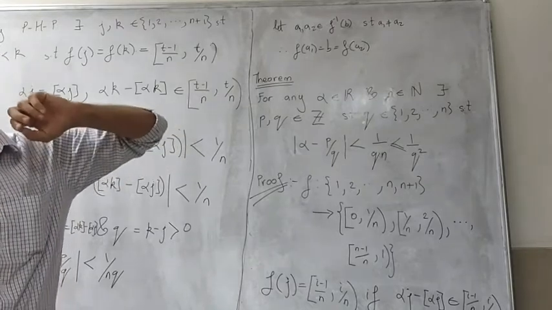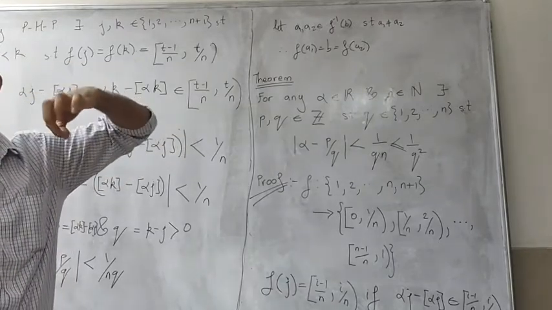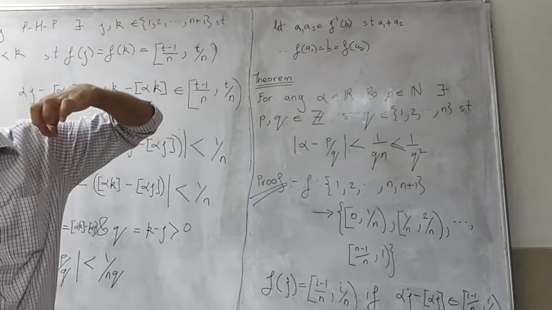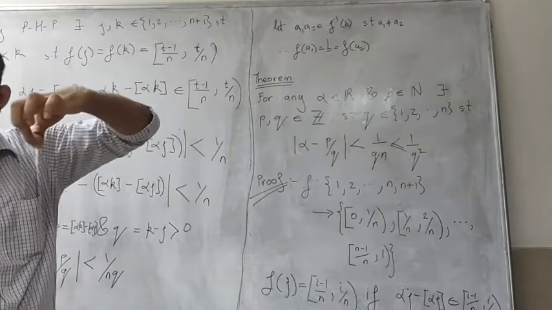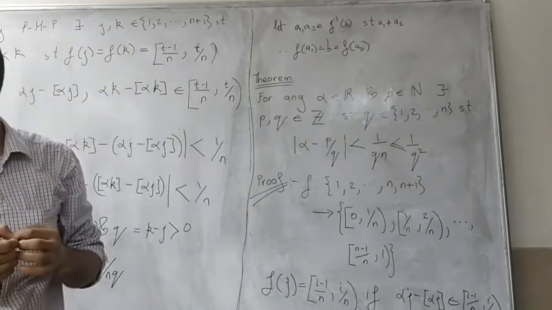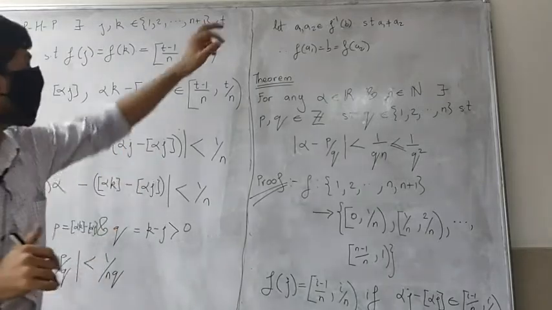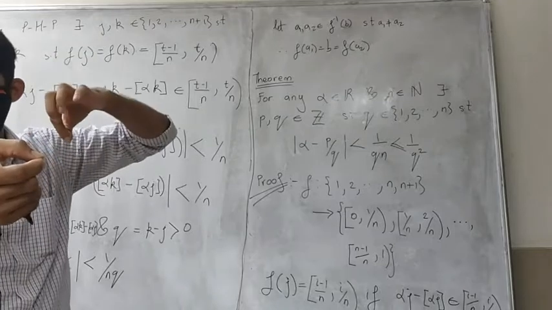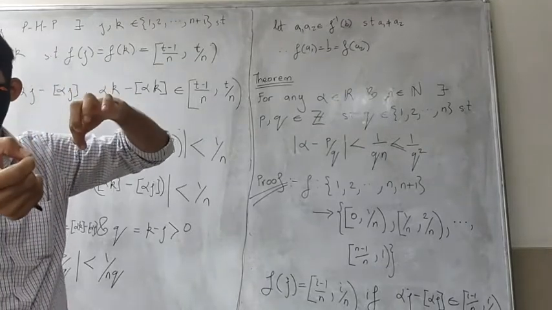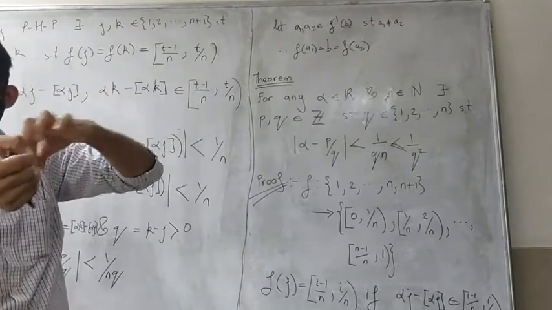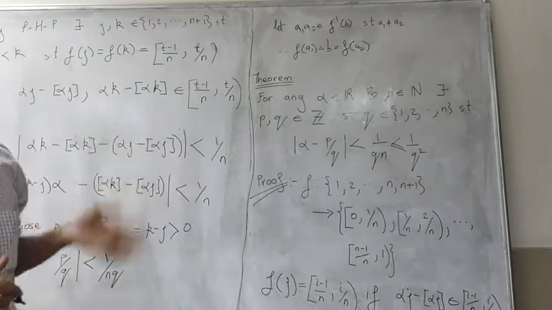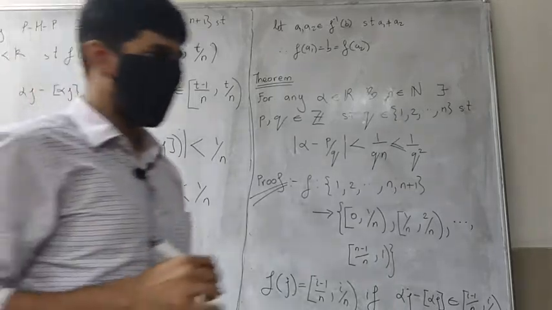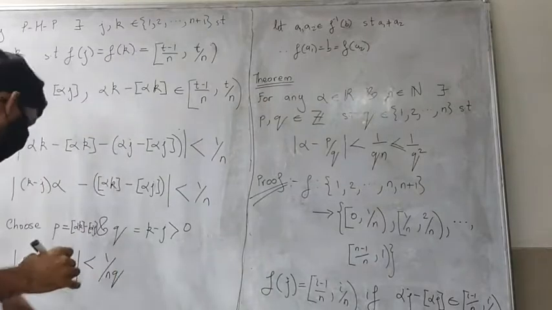That is, if one of them is n minus 1, the other one is 1. That's the maximum possible distance. Any other distance is going to be less than that. The maximum distance you are going to get is the distance between n minus 1 and 1, which is n. Anything else is going to be less than that. If you want, you can prove it algebraically also by making arguments. But that tells us that.